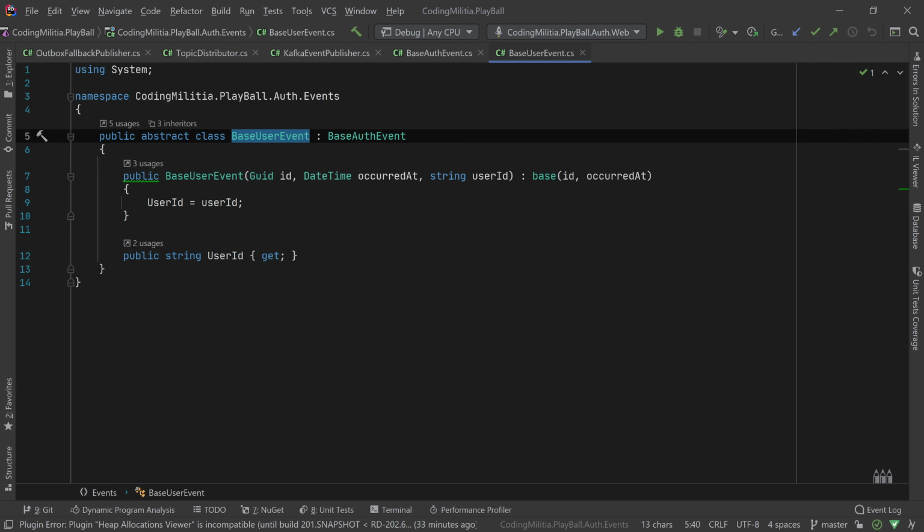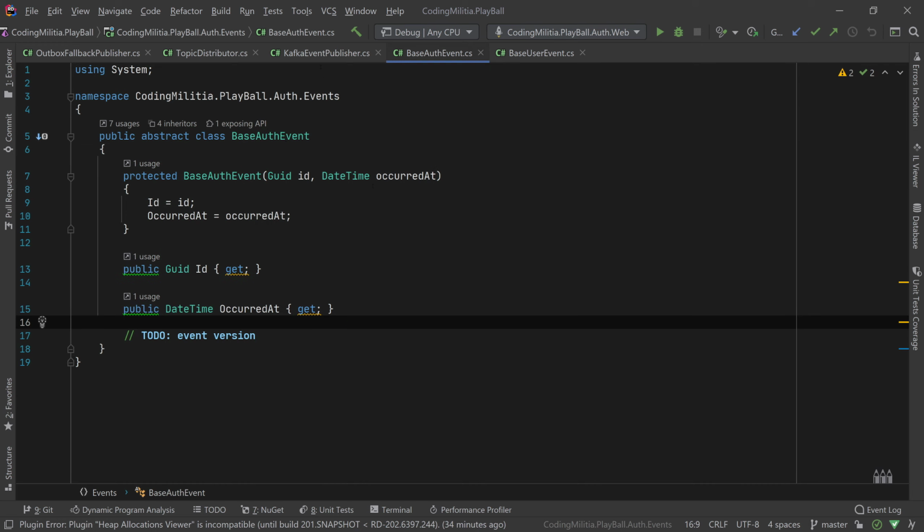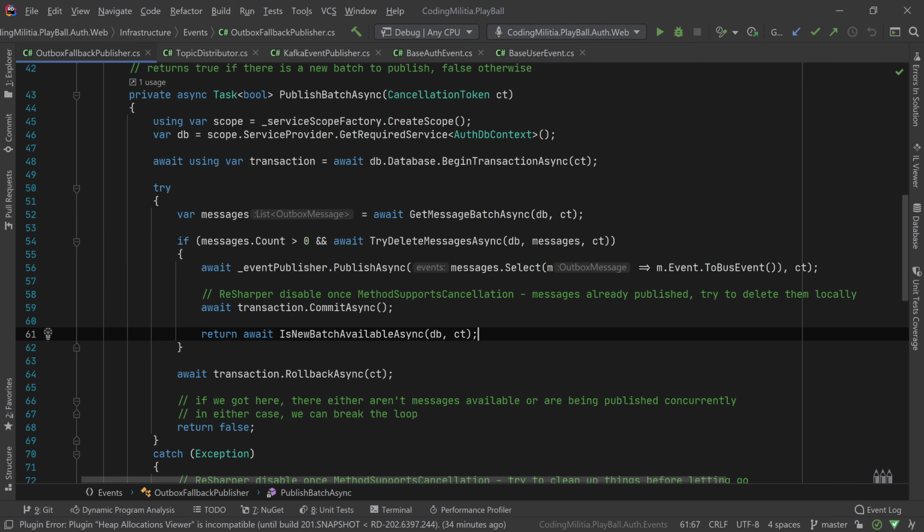But if we would have more kinds of events, so instead of just base user event, we would have, I don't know what we could put here, another kind of event that is related to auth, but not specifically to your user, maybe, for instance. And in this case, it would be our goal to put it in a different topic. So it would not be a base user event, would be base stuff event, inherit from this one. And if we did it that way, this outbox publisher would need to get multiple types of IEventPublishers with different generic parameters in order to pass things. So instead of putting that difficult logic in here, I created that